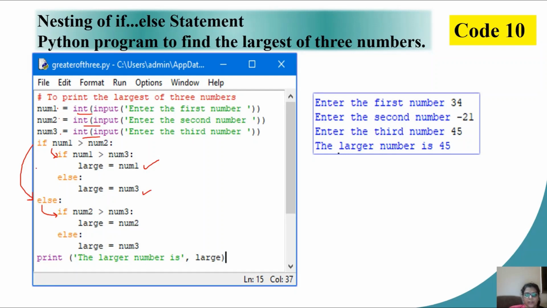If this is the outer if, the inner if statement is written at one tab space, and the statements belonging to the nested if part will be further one more tab space after the if or the else. So we were talking about if num2 is greater than num3, I'll write that my second number is the largest, large equal to num2. Otherwise, I can say large equal to num3.